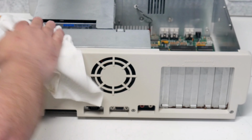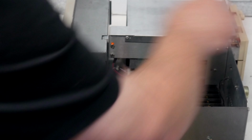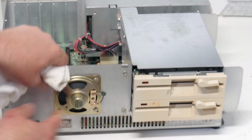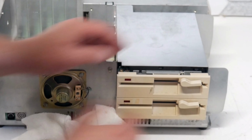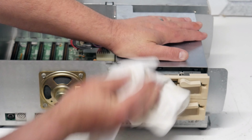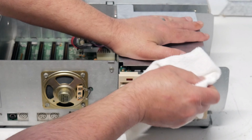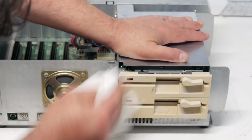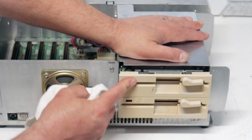Perfect. All right, well, let's get this thing turned around again. See if we can get these floppy drives cleaned off a little bit on the fronts. Oh yeah, those are cleaning up pretty nice too. Now they are yellowed. I can see the yellowing on those. There were a couple of stickers on the front here,